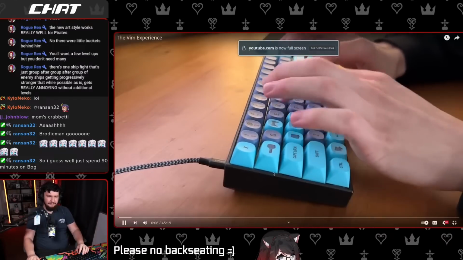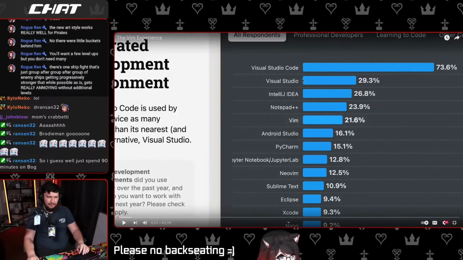VS Code, Visual Studio's that high? Oh, that's rough. I'm not a giant Visual Studio fan. IntelliJ, I like IntelliJ. I like that entire suite. Notepad++ being that high is kind of wild, though.